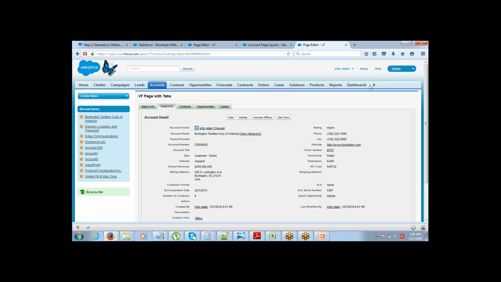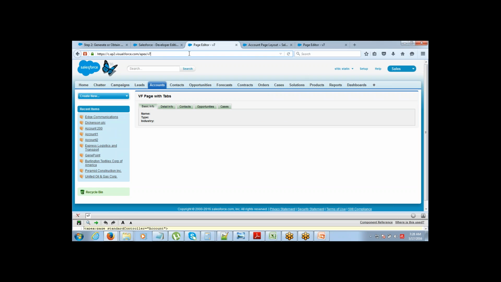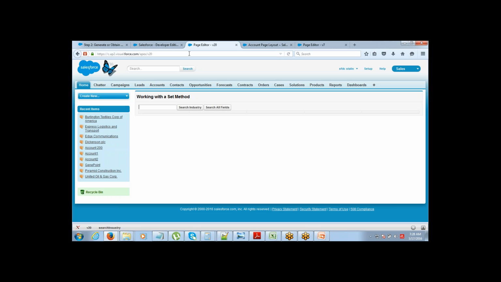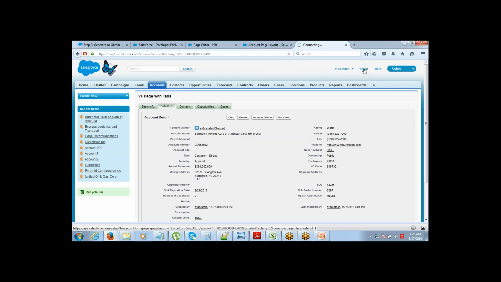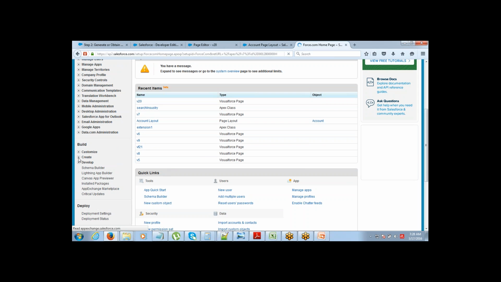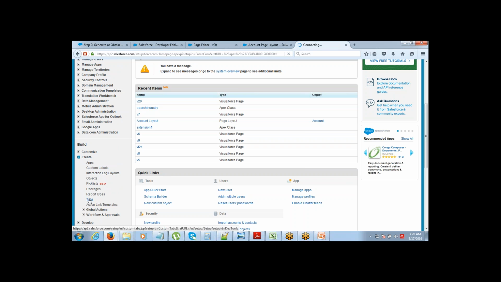So I can also create a tab. For example, if you think of the scenario that we did yesterday, we created a search layout kind of thing, right? V20. Now I can create a tab for this particular page. So end users can actually go to click on that tab to access this page, and from here they can search. It's pretty simple creating a tab. All that you need to do is the way you create a tab for custom object, pretty similar to that. You just need to go to setup, create tabs,